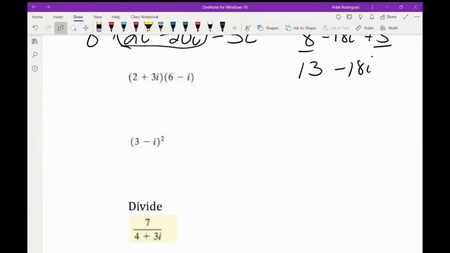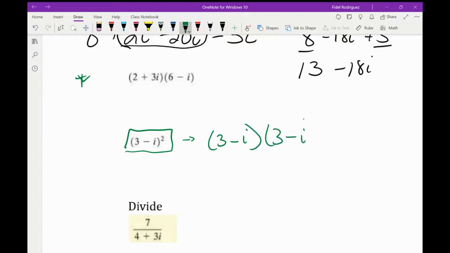All right. So guys, this next problem is just the same as one we did, so I'm going to skip it for right now. If we have time, I'll come back and do it. But I definitely want to do this one here. The main reason I want to do this one is it's a common mistake people make. Remember what it means to square something? This means to write it down 2 times, right?